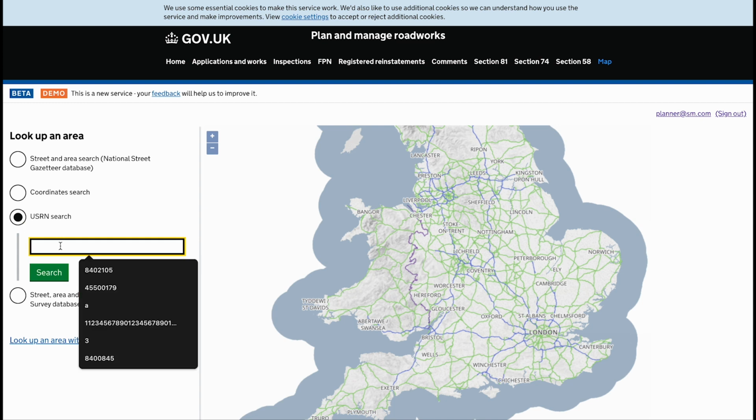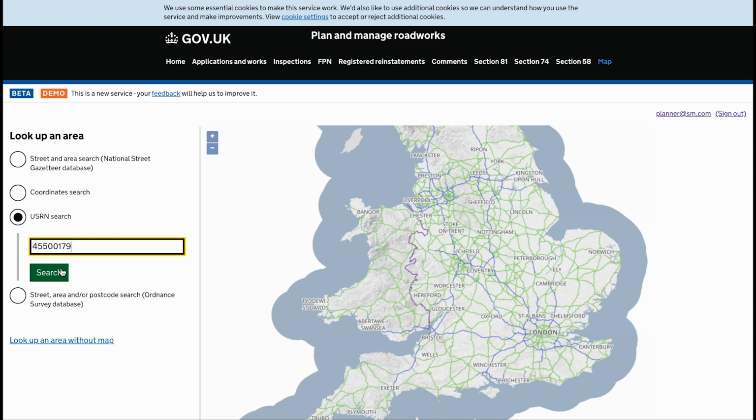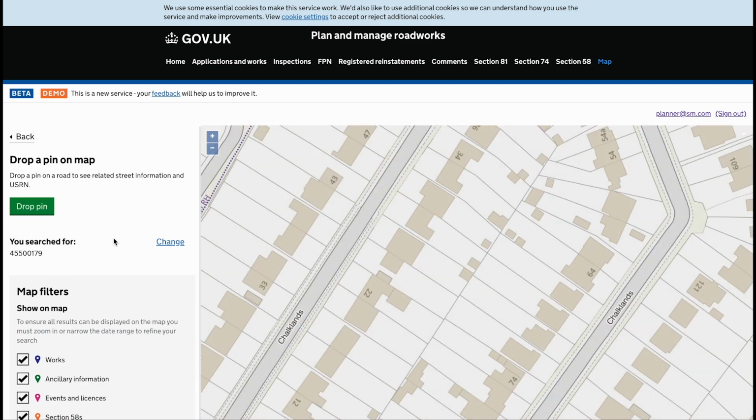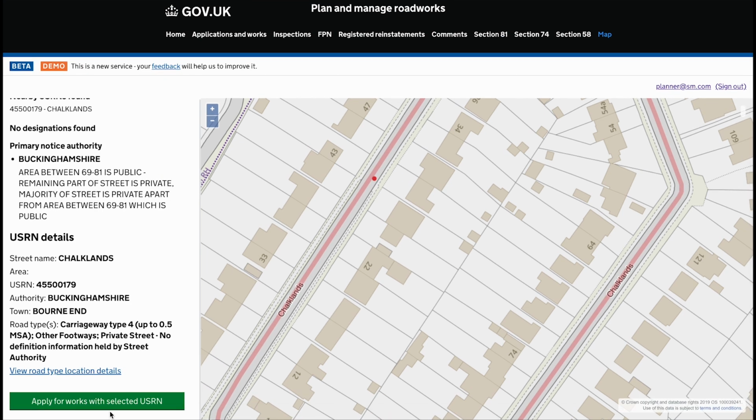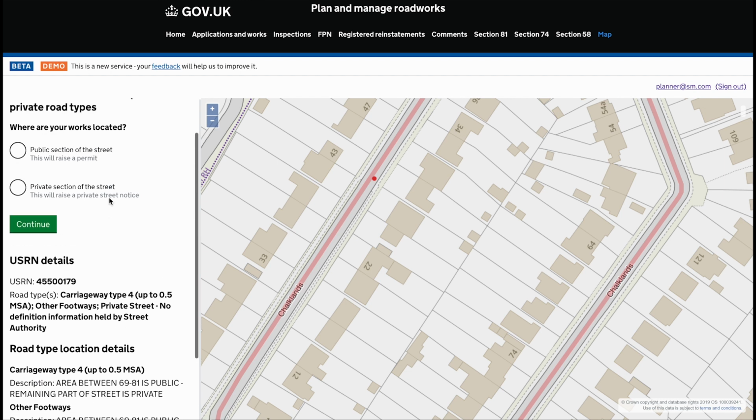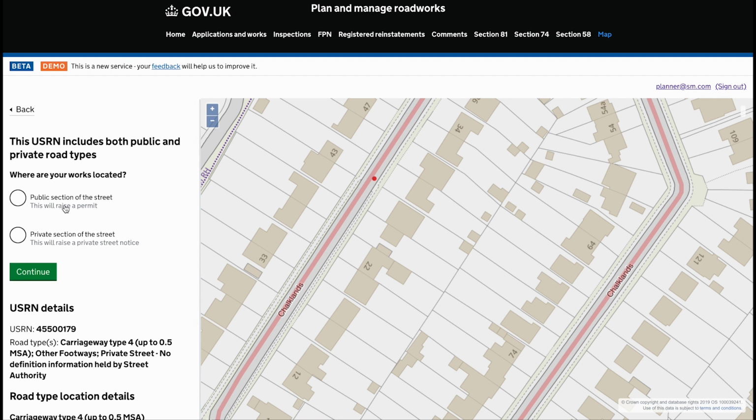So we've got a partially private USRN here. If I just select that, what I can do is again drop the pin on this street here and go down to the bottom, select it. Here I will be given an option if it's the public section or the private section, and again I could just select here on the public section and it will take me down the regular apply for work permit workstream,